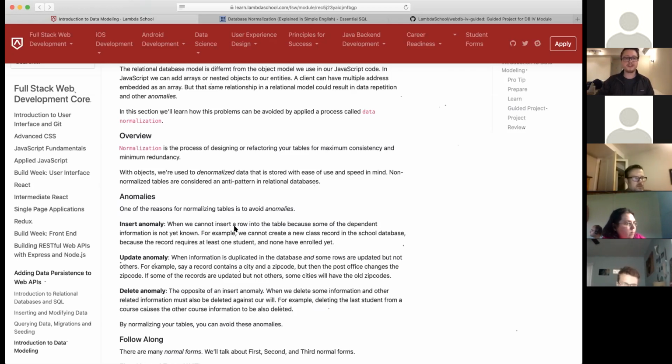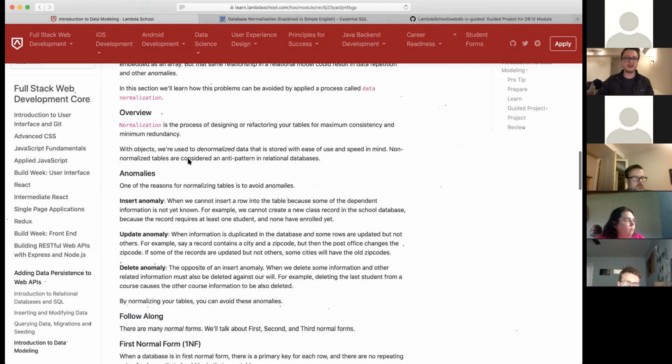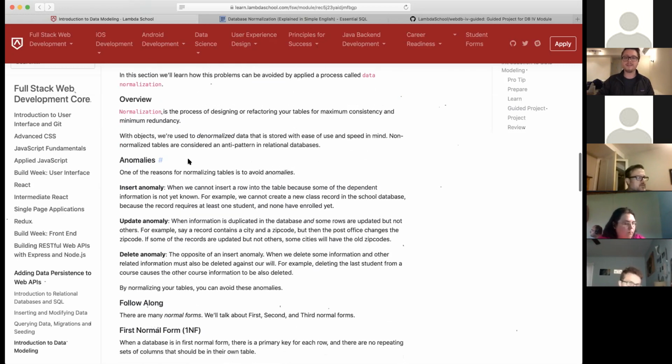So there's different levels of normalization. But first, before we talk about the levels, let's talk about the anomalies really quick and what happens when your database is not normalized as it should be. So the first type of anomaly is an insert anomaly. Let's think about